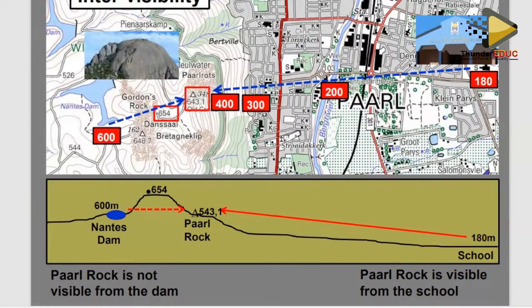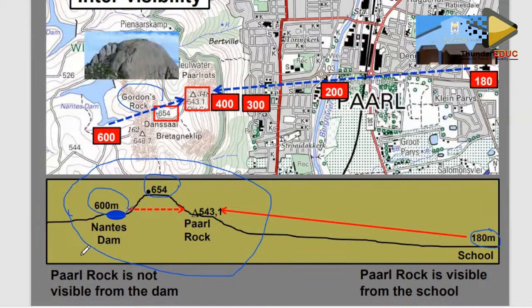shows something like this. If you are to take those values and try to draw a cross-section, you will see that this is the nature of the landscape. If you are to take a side view, our Pearl Rock is standing at 180 meters, and our Nance Dam is at 600 meters above sea level. But in between here, there is this Gordon's Rock, which is a rocky, high-lying area at 654 meters, according to this height, which is indicated around the mid of our